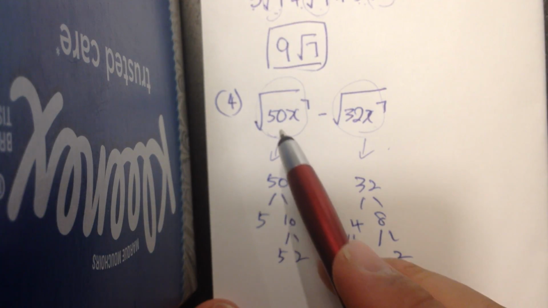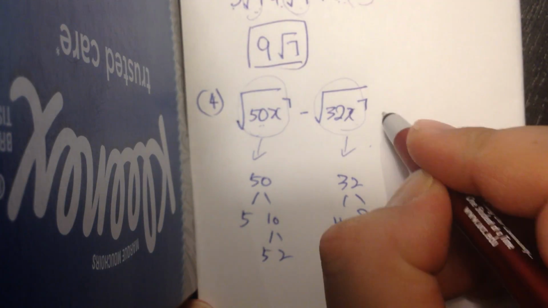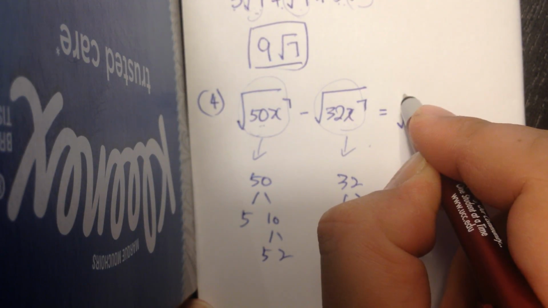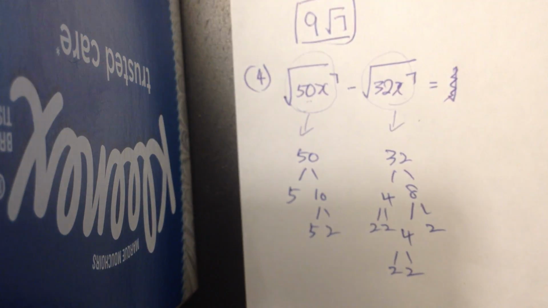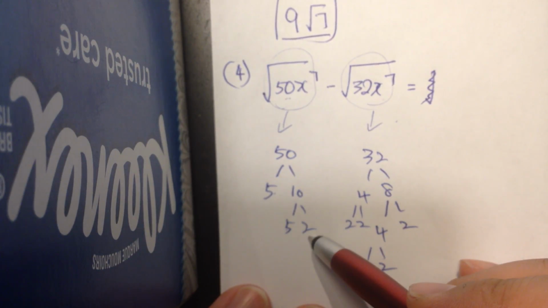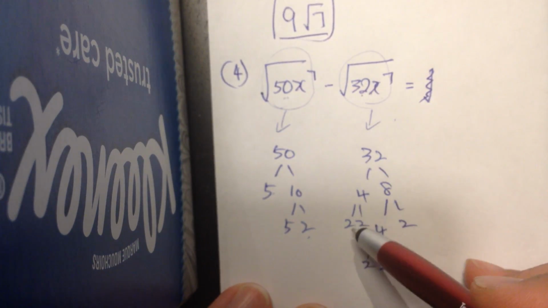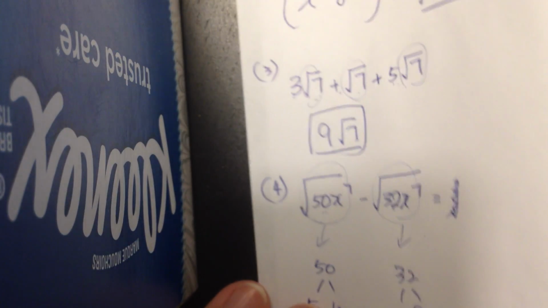So instead of 50, I am going to write 5, 5, 2. Instead of 32, I'm going to write 2, 2, 2, 2, 2. Okay? So here on the next page, I'm going to say